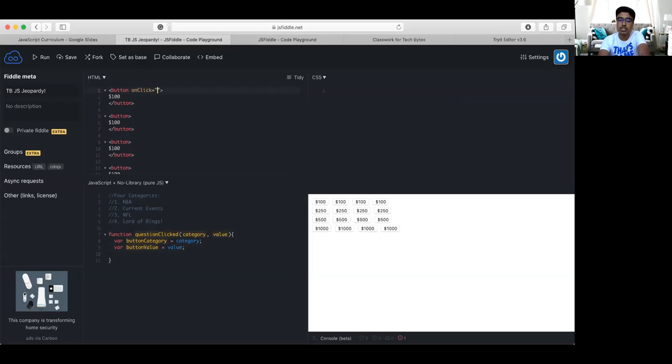Now we're calling the function, whatever you call it right here. I called mine function click. Just going to paste that right there. We need the open and close parentheses, but we can't stop there because we are passing in 2 parameters. Well, we have to pass those 2 parameters in here. Now in this case, this is pretty static and everything is in one area. We can just say what the category is and the value and the amount of money the question represents. So in quotation marks, I'm just going to type right here NBA, comma,